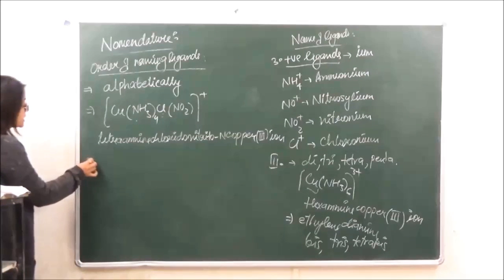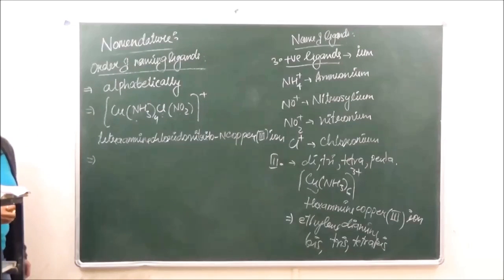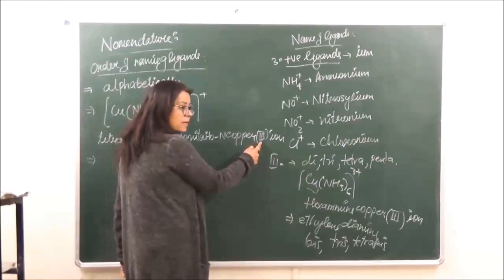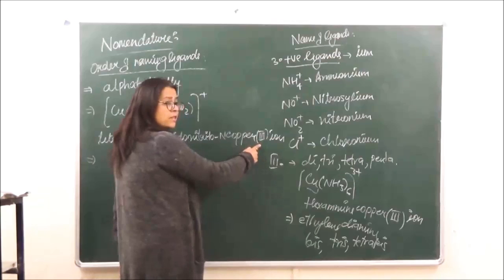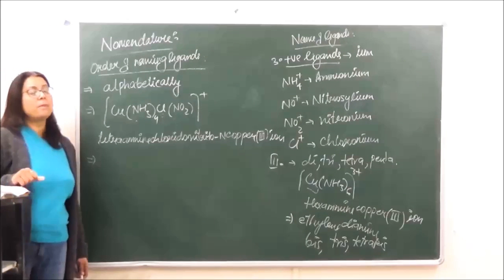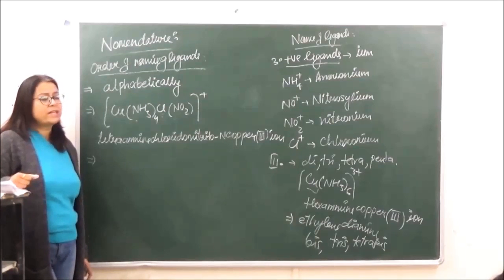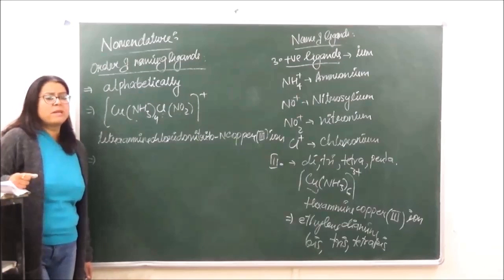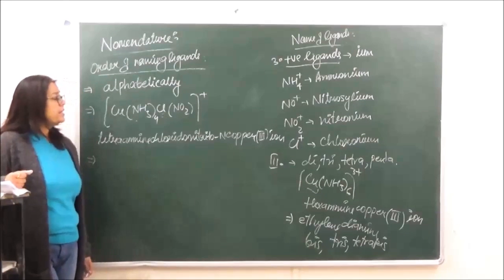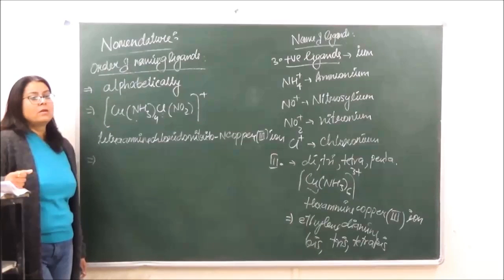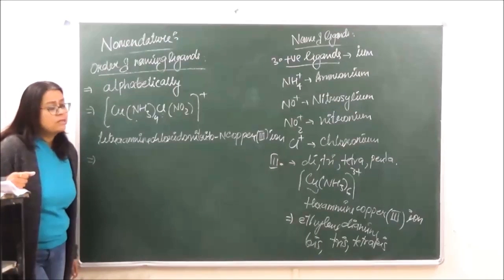Got it? Then the next step which you are going to follow over here, the oxidation, as I have just told you, is that the oxidation number of the central metal atom is put in brackets next to the central metal atom in the form of Roman numerals. This is very, very important, so it is very important for you to calculate the oxidation number correctly. That we've already done. And also in class 11 you did the oxidation numbers of certain special molecules, but over here they are not required. The only thing required over here is the oxidation state of the central metal atom.